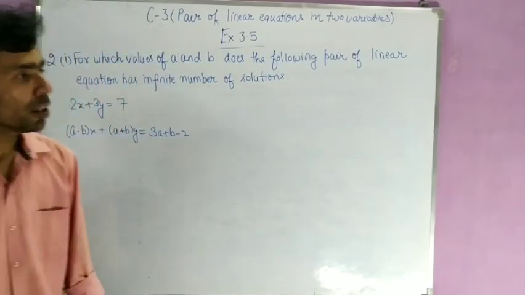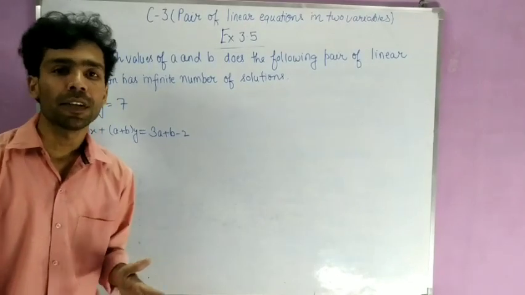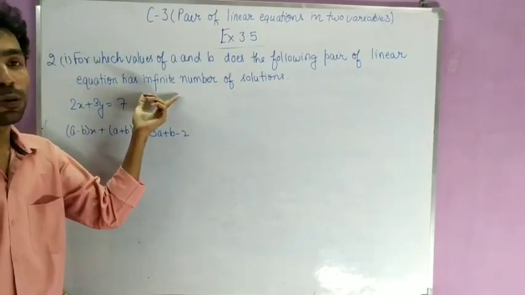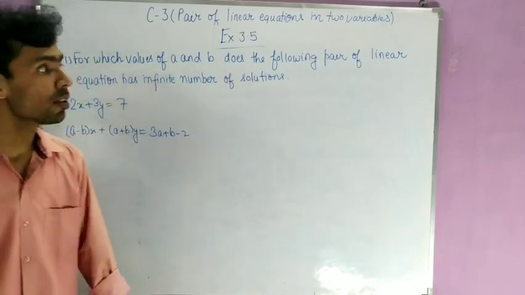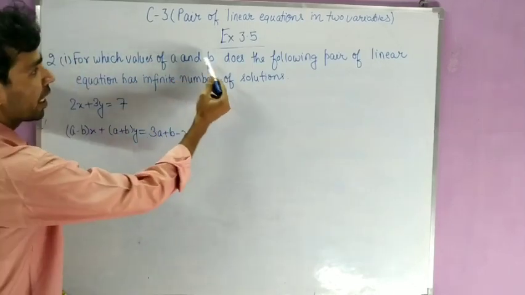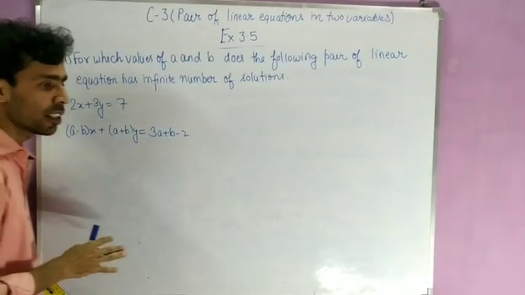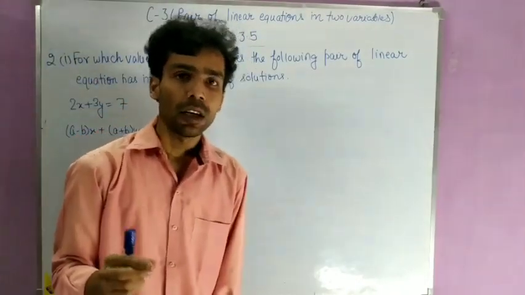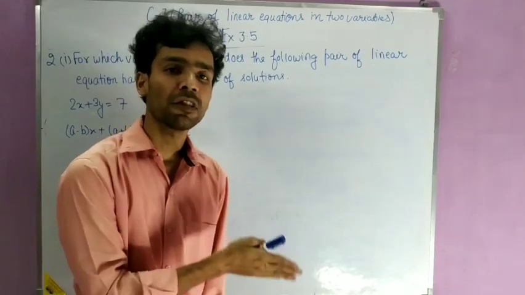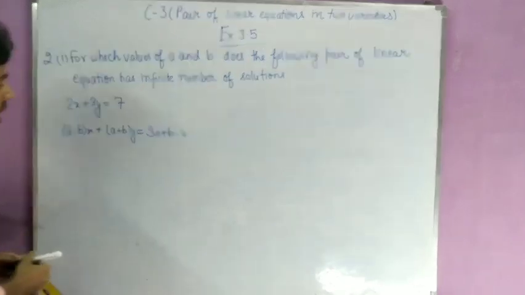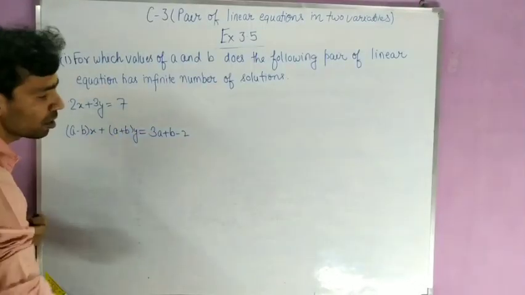So in this question two equations are given and it is also specified that they have how many solutions? Infinite number of solutions. So you have to find the values of a and b, okay. So first, whatever question is given, make it a habit that whatever equations are given, write them in general form. So first we will write these two equations in general form.